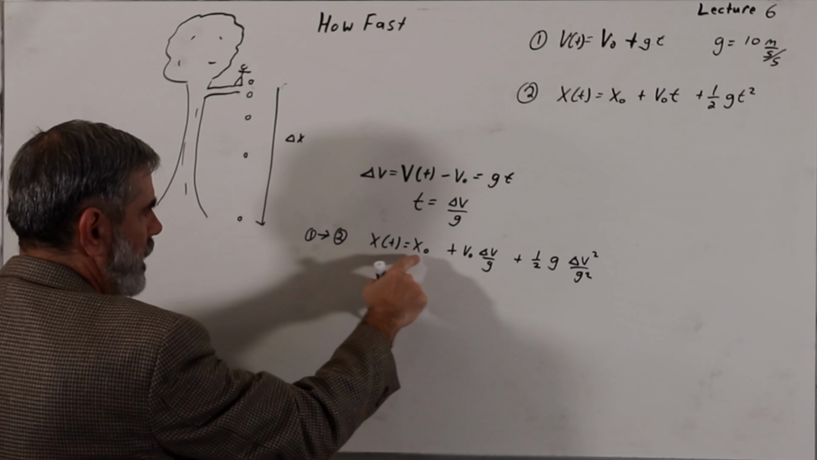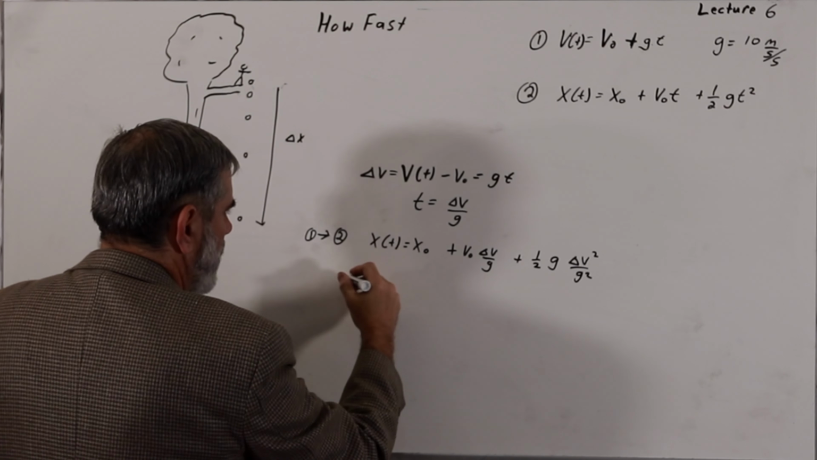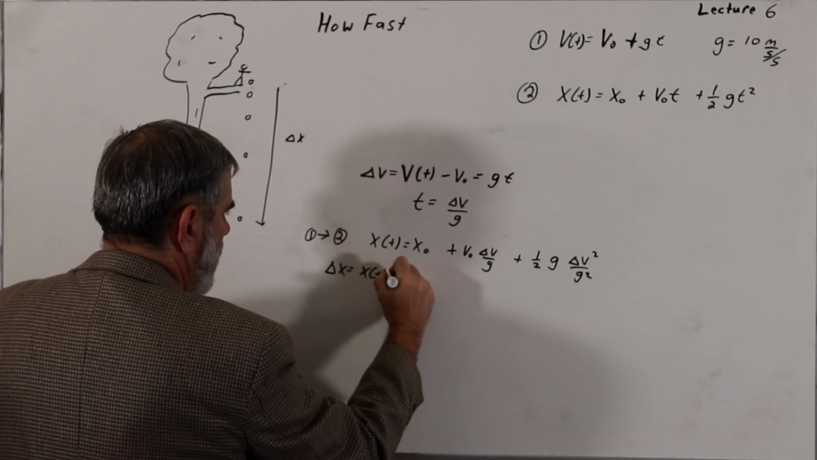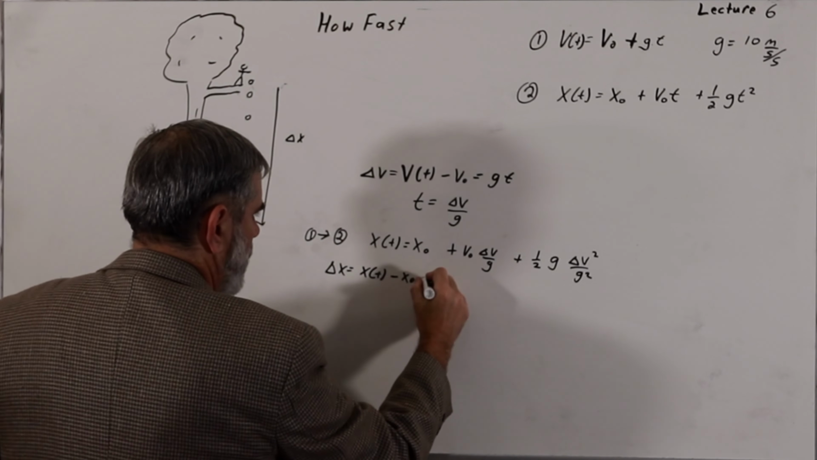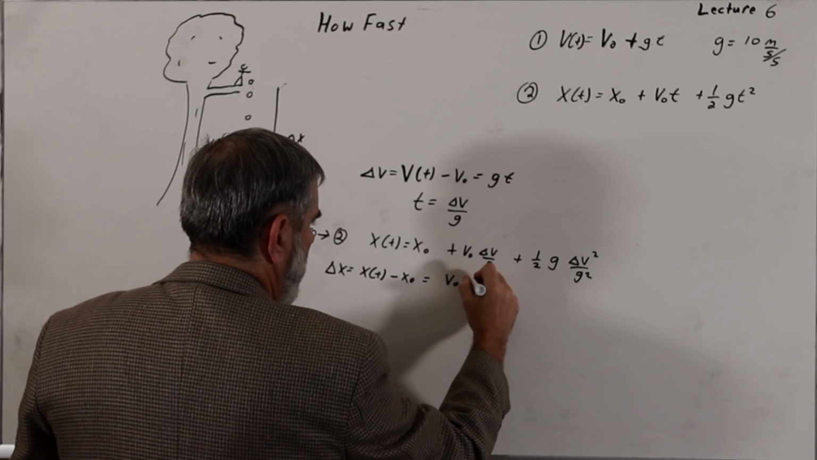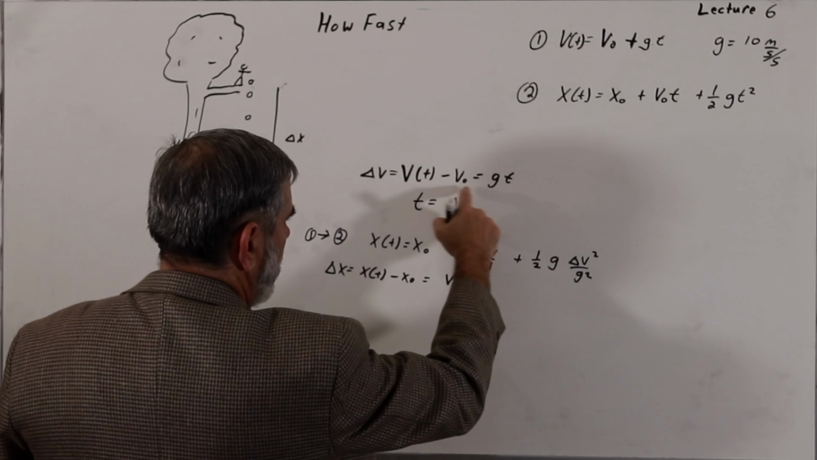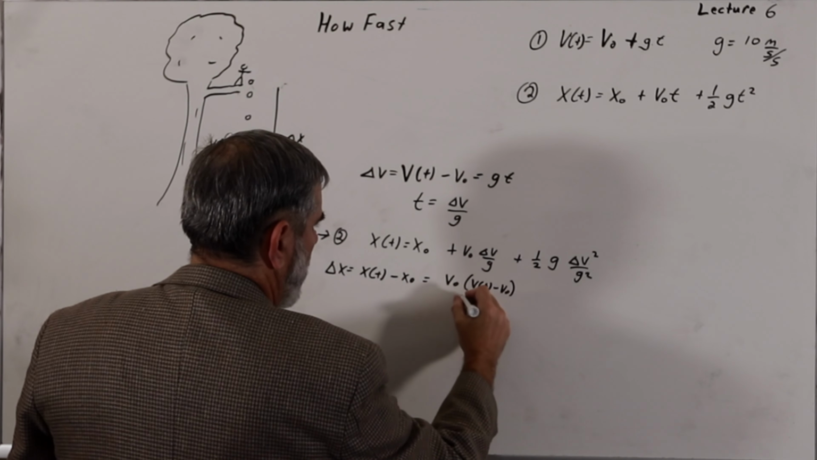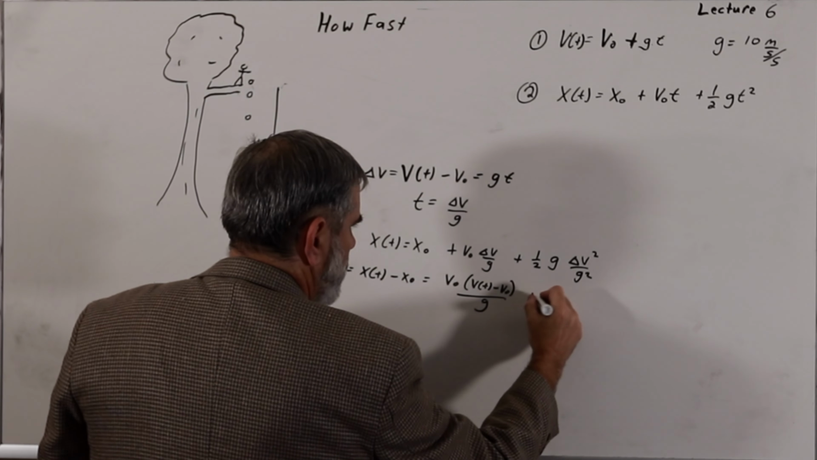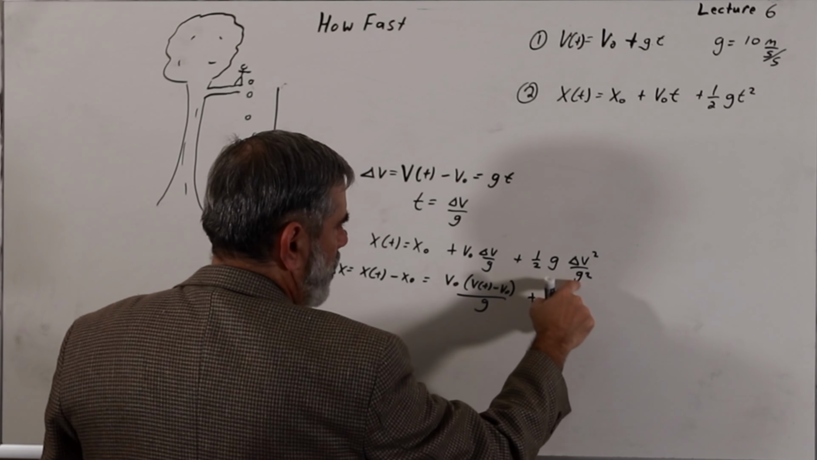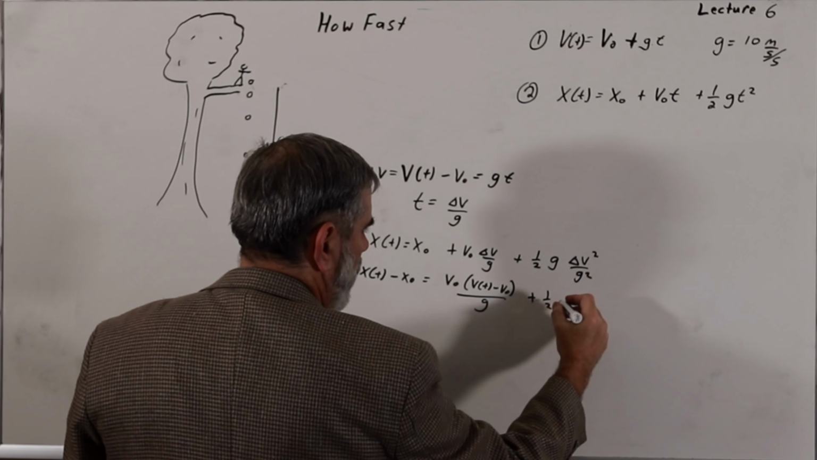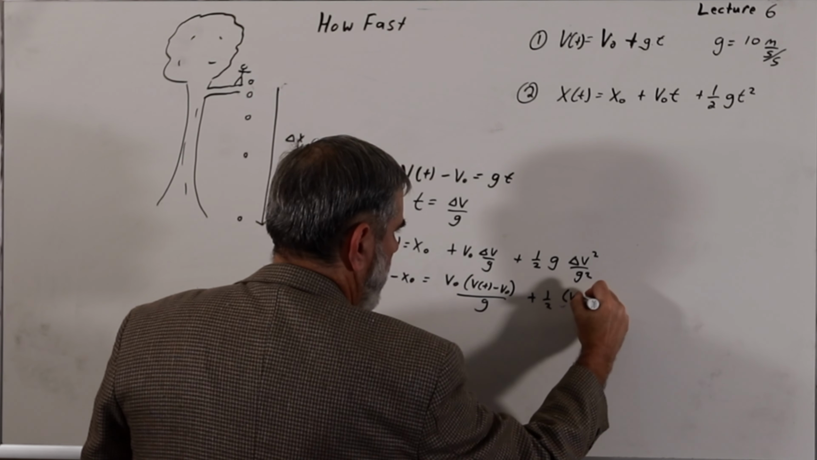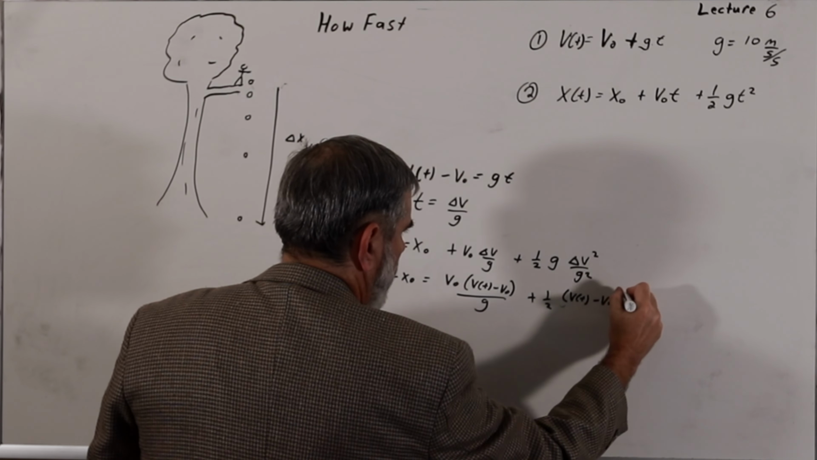I'm going to take x of t and subtract x naught from both sides of this equation, so I get delta x, because remember that delta x is equal to x of t minus x naught, which is just equal to v naught times delta v, but now I'm going to substitute in for delta v, v of t minus v naught, divided by g, plus 1/2. I'm going to simplify the g's here. We've got g times 1 over g squared, which gives us 1 over g. So that's delta v squared, but we're going to write that as v of t minus v naught quantity squared